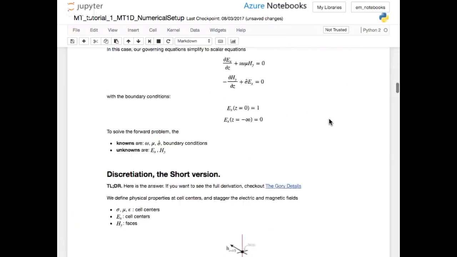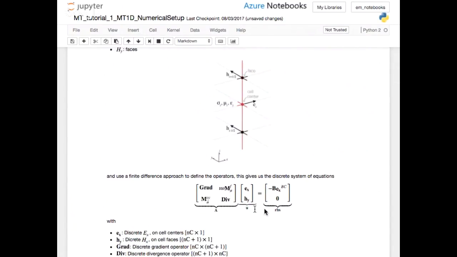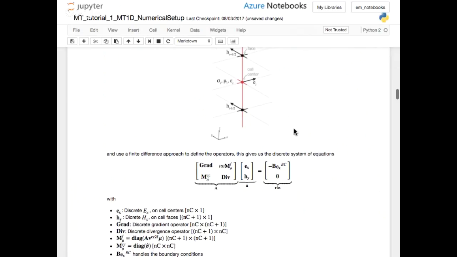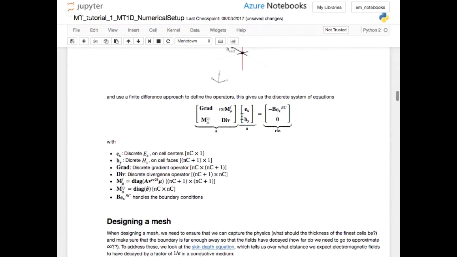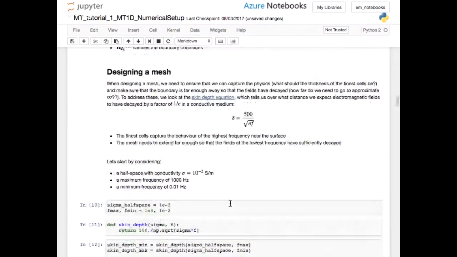Because we're in 1D, we can take advantage of that symmetry and really reduce this down. I'll show you where things are discretized. So what is a node, what's an edge, what's a face in this case? So how do you represent a vector in a discrete world? And then here we actually show you what the discretized system should look like. And then below, we'll build that up